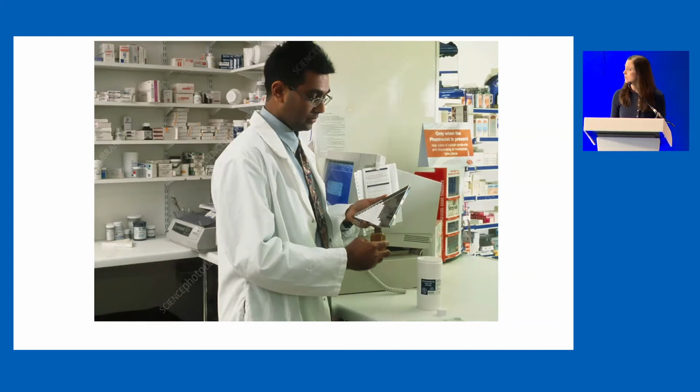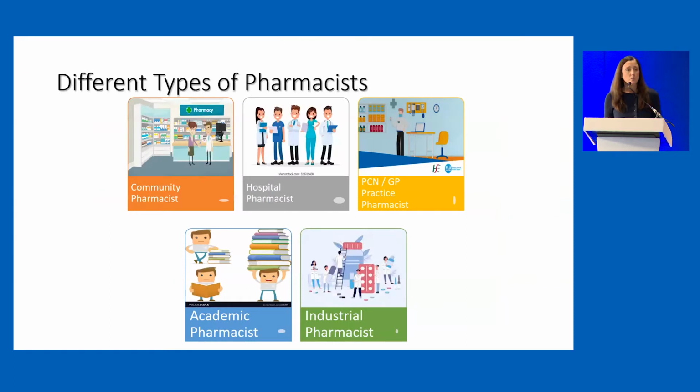practitioners. And so, you know, there's not just one type of pharmacist. If I came up here and told you all about my role, I don't think that would be very representative of what the role of pharmacists can do in heart failure. There's obviously community pharmacists, there's hospital pharmacists, you've got your practice-based or GP or PCN pharmacists, and of course there's academia and pharmaceutical industry as well. But what I thought I'd do today is just focus on the top three, the clinical pharmacists, and what role